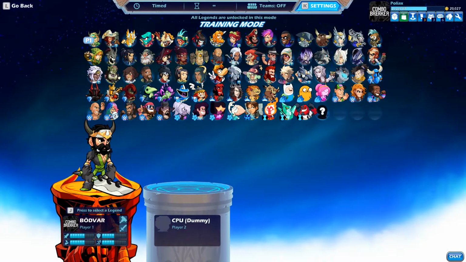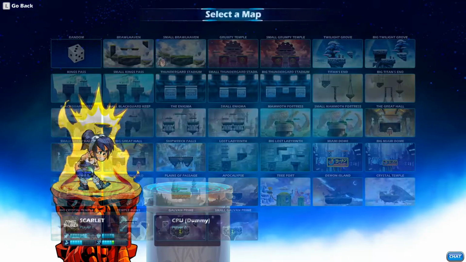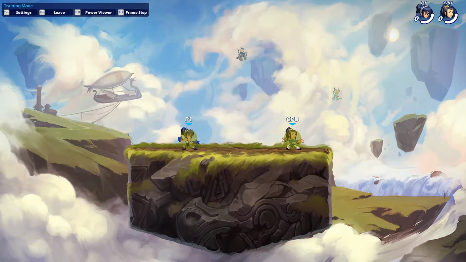Okay, so welcome to my Lance guide. I'm going to be using Scarlet for this, but you can use any Lance Legend. I'm going to be going over some combos that you need to know, how to approach, what to do off stage, and how to recover back to the stage,